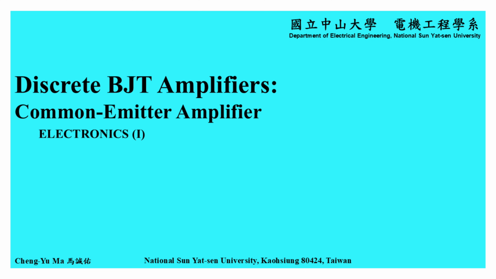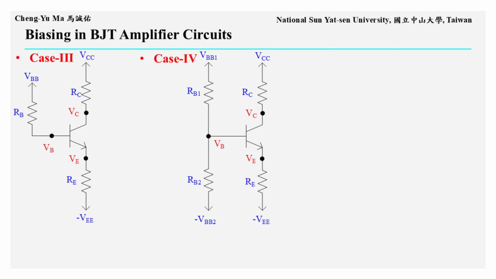Hello, everyone. In this section, we will introduce discrete BJT amplifier circuits, focusing on the common-emitter amplifier. So far, we have separately discussed the DC bias analysis of BJT amplifiers and the AC small signal analysis using equivalent circuits. A complete BJT voltage amplifier is built on a stable DC bias circuit. Then an AC input voltage signal is applied at the input, and an AC output voltage signal is taken from